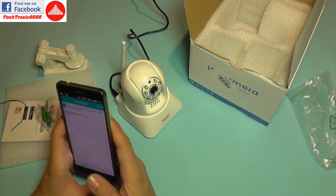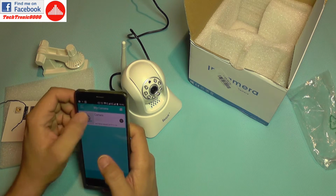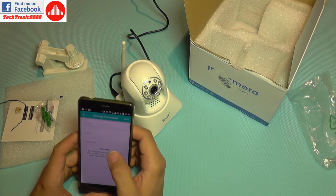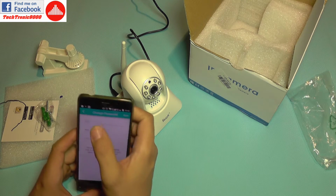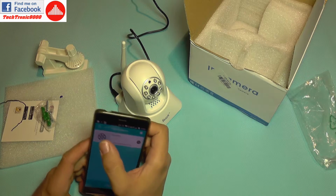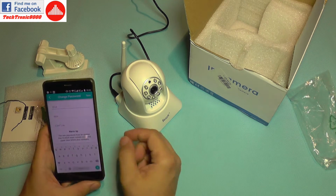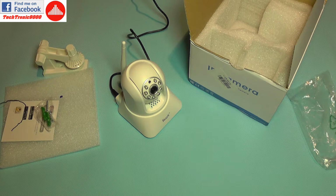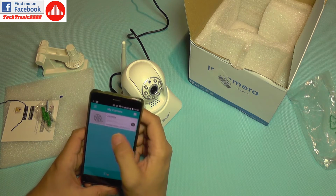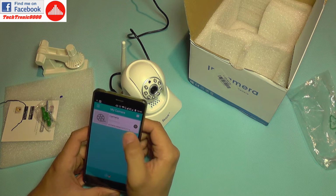It seems that it is connected, and yes, the camera is now connected. It wants me to change the password. I'm not going to change it now. No, it won't let me use the camera, so I'm going to change the password. And the new password is set, so let's see if I can connect to the camera now. It says that it's connecting,